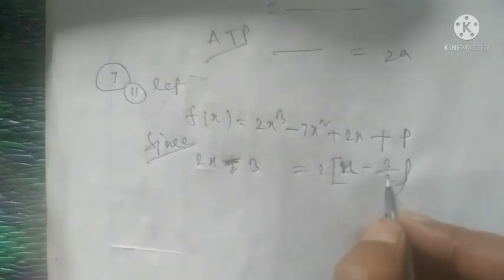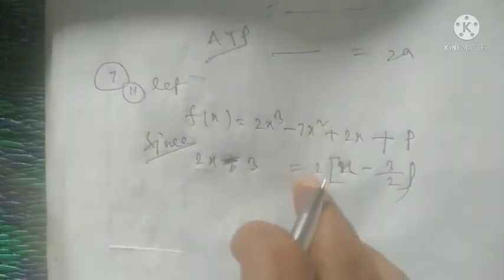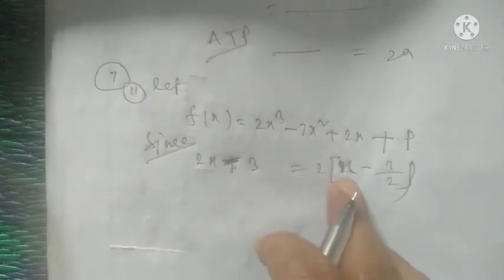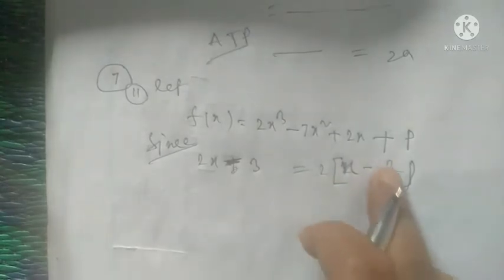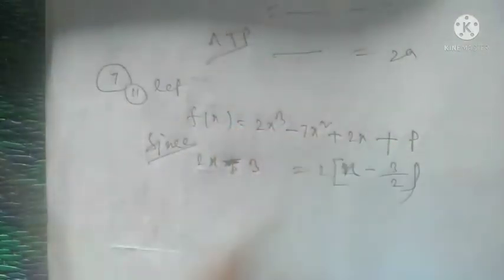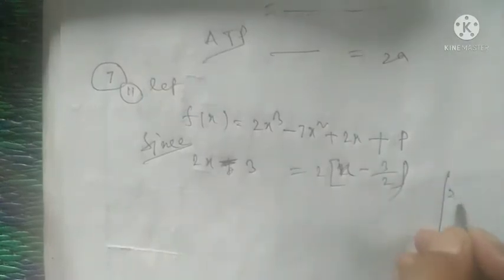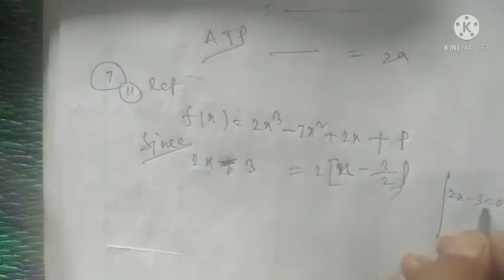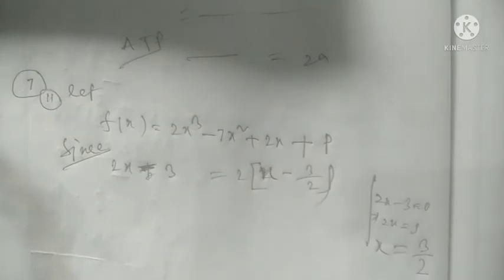So in the place of alpha there is 3/2. You should not take the x. Only in the place of alpha you have to put the value, and this value you have to put in the place of x. I will also show you another trick, as I already told you for 2x minus 3: you can apply 2x equal to 3 and x is equal to 3/2. So your remainder will be